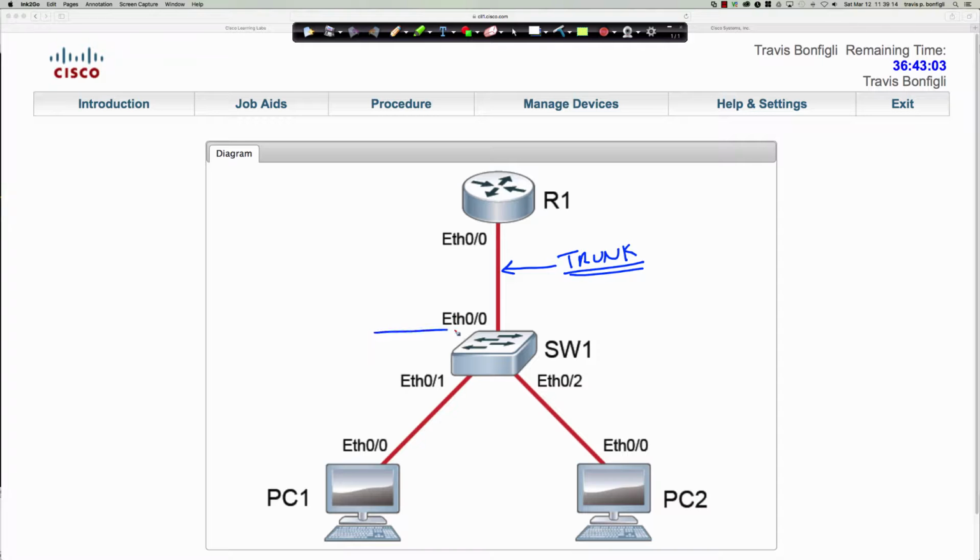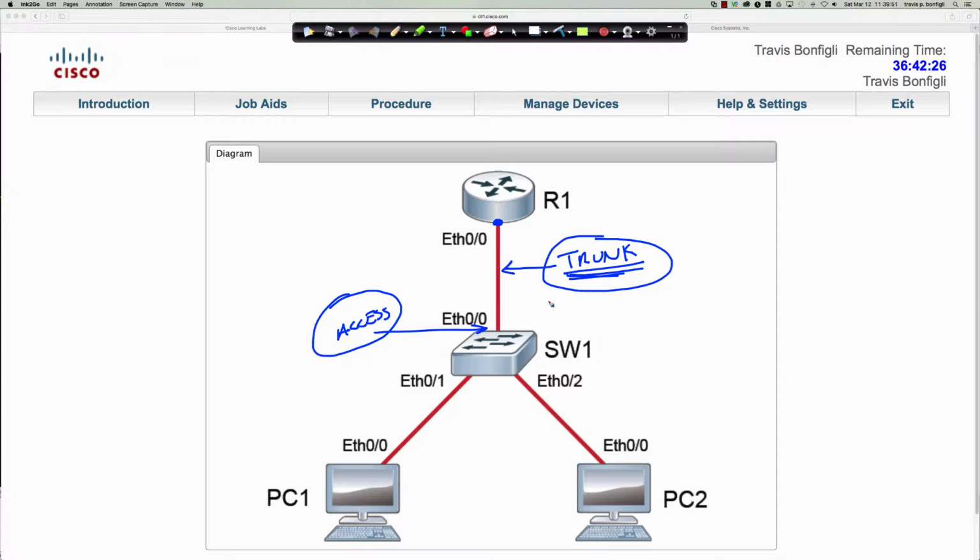Remember when we said that if we only had a single VLAN, we could make this an access port, right? And that this is just simply a routed port on the router that we assign the IP to. Well, if we would like to have this link pass traffic for more than a single VLAN, what do we do? Exactly. Just like when we're going between switches, and it doesn't have to be layer 3, at layer 2, in order to pass additional traffic, or I should say more than a single VLAN, we create